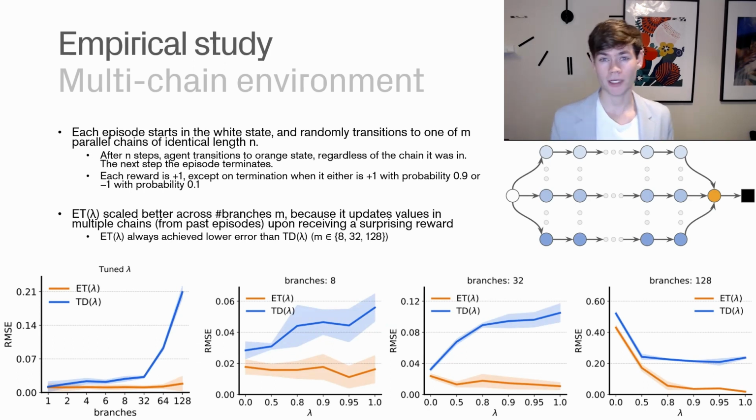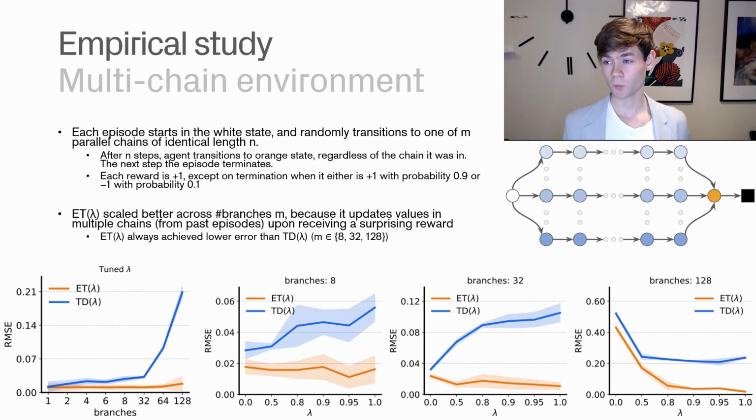So in most cases, you always get positive rewards for everything until you terminate, but every once in a while you get a negative reward from the final stage. And what they did is they evaluated basically how the different algorithms perform here. So what we can see first is the performance of these algorithms, or the RMSE for both TD lambda and ET lambda on the value function based on the number of branches that you're using. So what you can see is in the beginning, they're both pretty accurate, but the difference between these grows quite rapidly as the number of branches increase, especially when we get to like 32 branches,